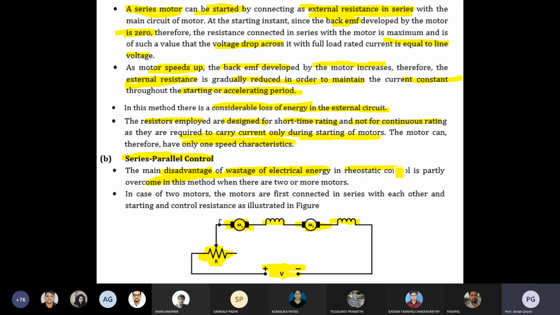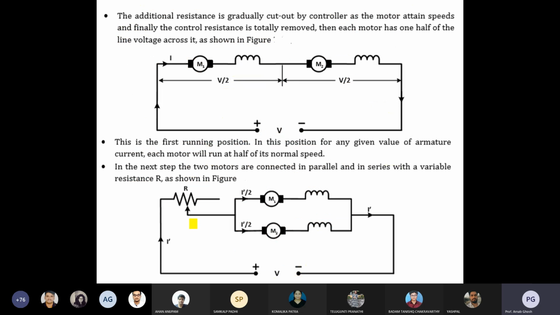That is called rheostatic control. It is part of an overcome method where 2 or more motors are working. In this case, with 2 motors, the first motor is connected in series with the other one, along with the starting and control resistance as per the figure, so you can control them. Here you can see both motors being controlled. If both motors are combined in series, the total voltage will be split. If the total voltage is V and the ratings are more or less the same, for motor 1 and motor 2,